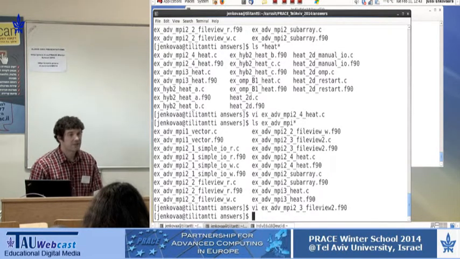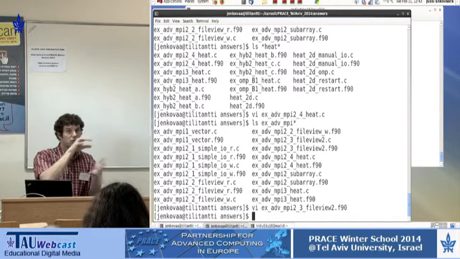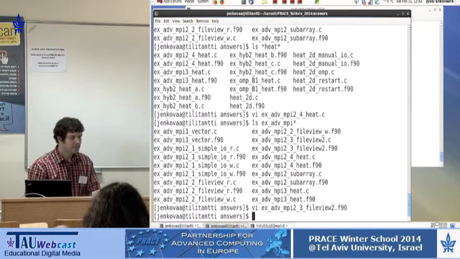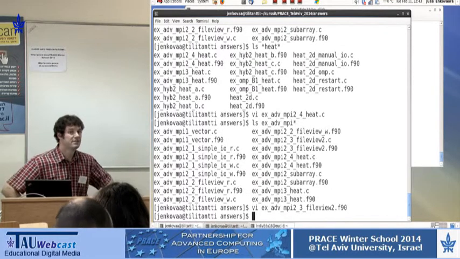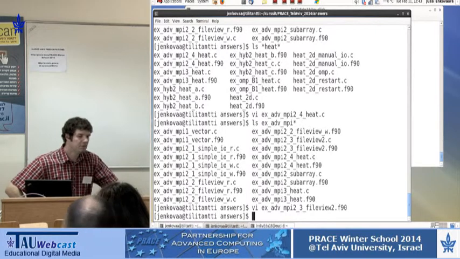Basic concepts there are actually quite similar, so you can also define, similar to file views with subarrays, a hyperslab so that each process writes only to a certain place of the file and so on. The API is a bit more complicated, so you have to do a little bit more work, but